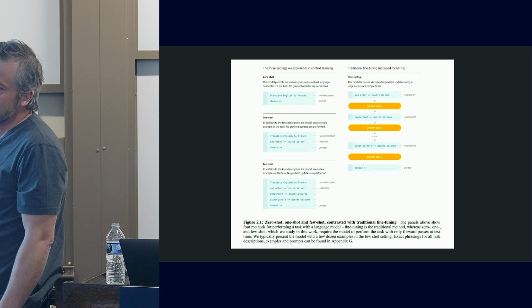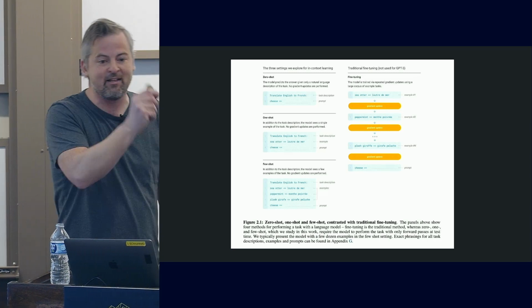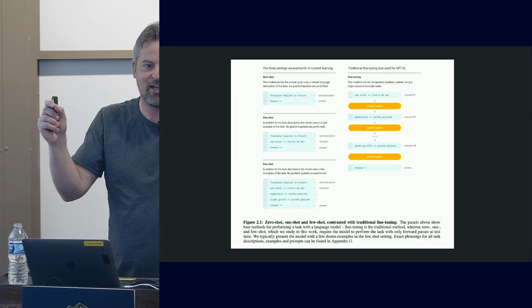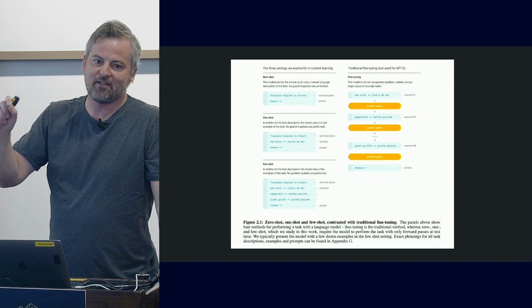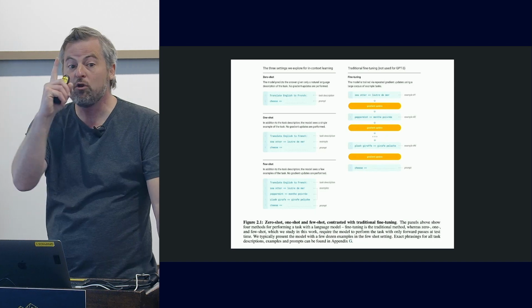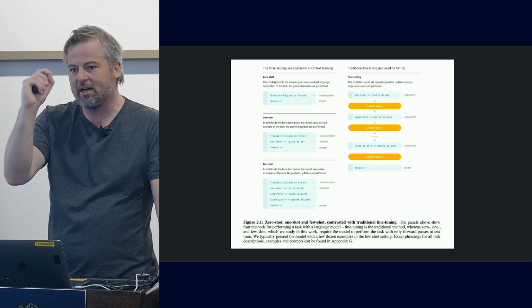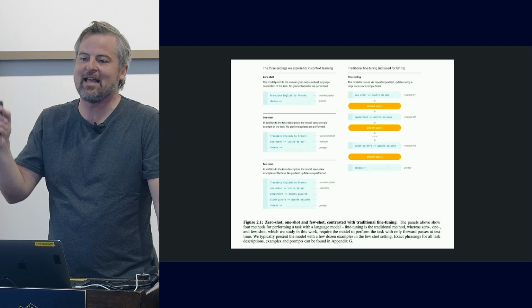One-shot is saying, I'm going to give you one, but there's no data point here, right? There's no traditional data point. There's no example of an English to French or a French to English translation there. There's no data in this task, and so that's why it's called zero-shot. In the one-shot case, you're saying, I'll give you one data point. I'll give you one example of this to this, and from that, can you infer the task that I'm trying to give you?